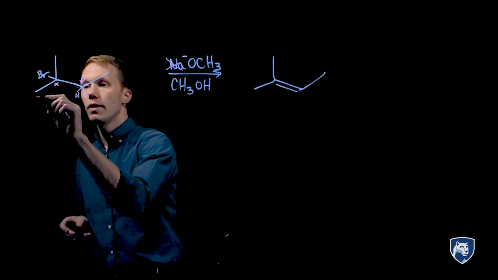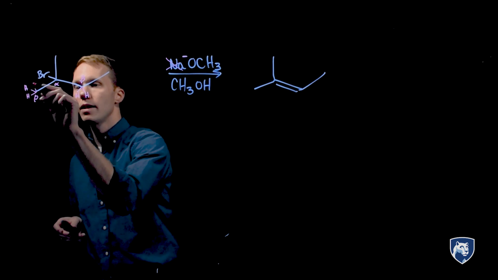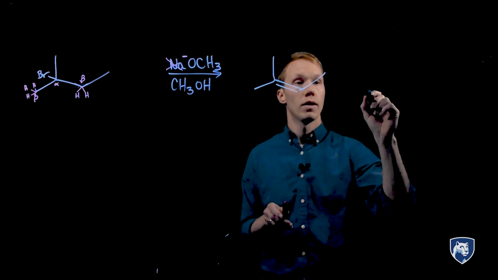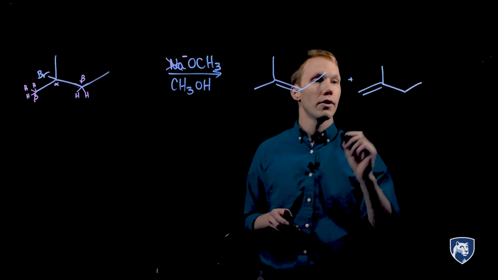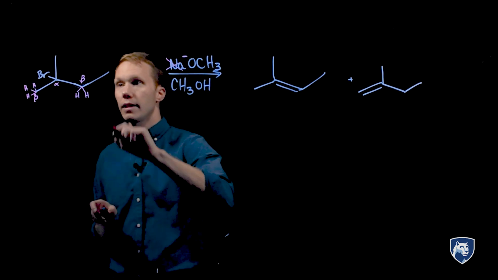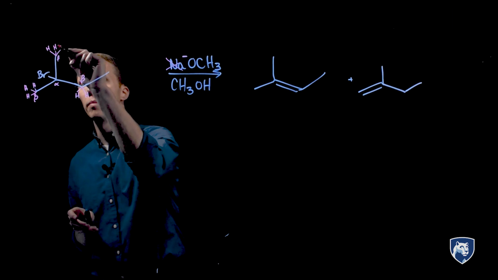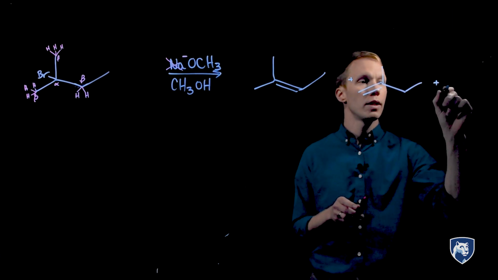If I look to the other beta position, there's a trio of beta hydrogens here, and eliminating any one of those would give me this alkene. And finally, we have a beta position up north, which eliminating any one of those would yield